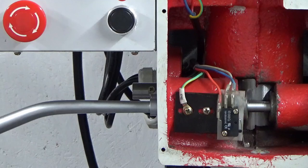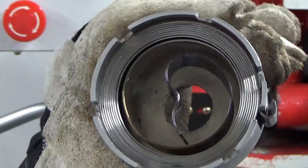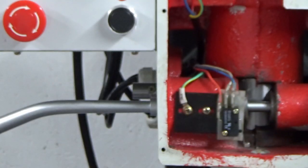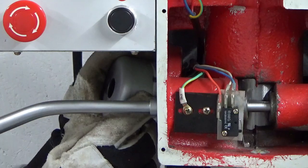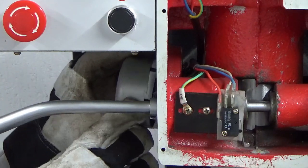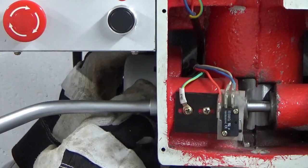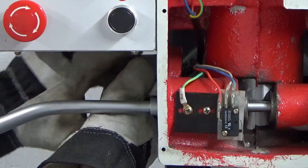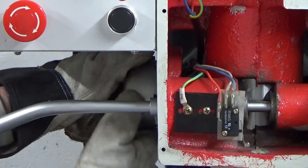Right, round 3. What I've done there is I've just tapped all of that spring work back down inside the housing now with a brass drift. So I think we might be in business this time. Famous last words. So let's have another go. Right, well, we're on. I have no idea how much I need to turn this, but we'll turn it a bit and then see if we can